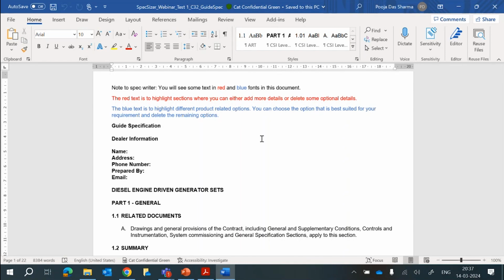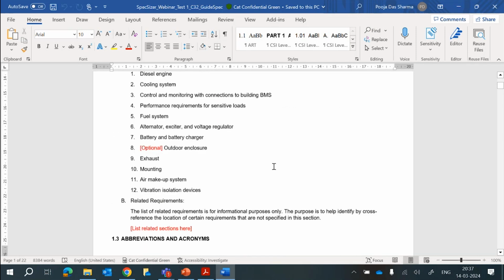And the blue text is to highlight different product related options. So you can choose the option that is best suited for your requirement and then delete the remaining options. So for example, if I just scroll down,